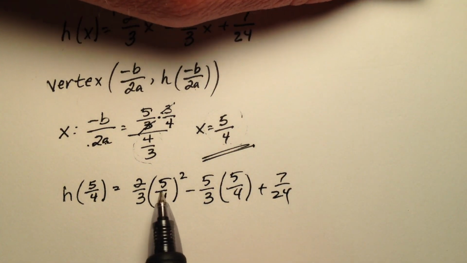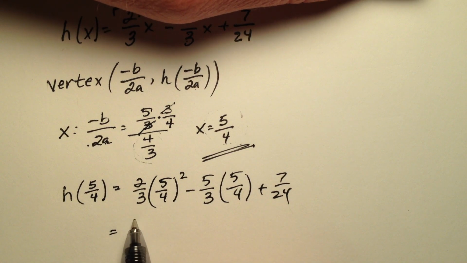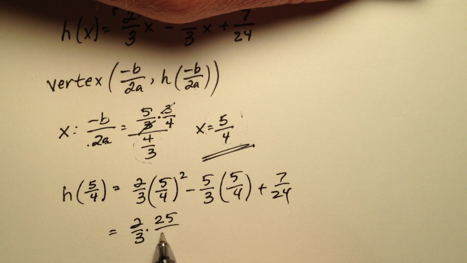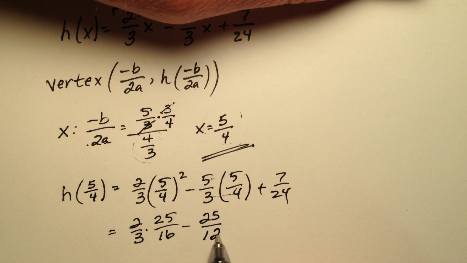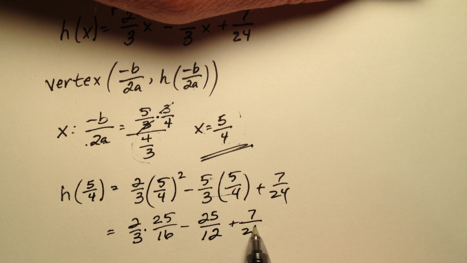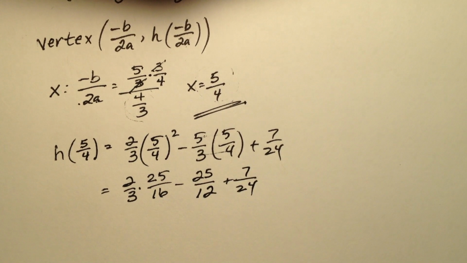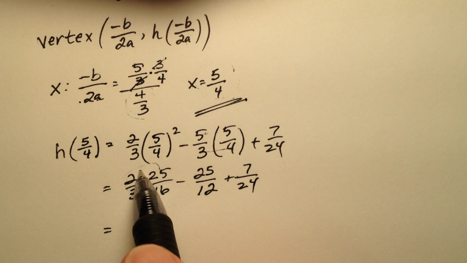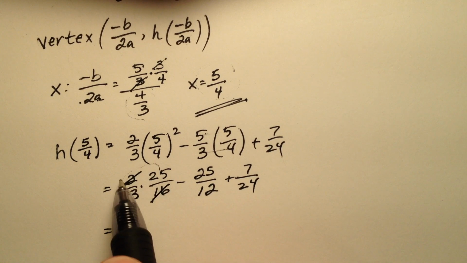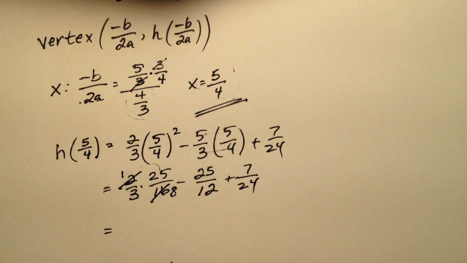Okay, so 5/4 squared is going to be 2/3 times 25 over 16. And let's go ahead and multiply straight across, so minus 25 over 12, and then plus 7 over 24. So here it's a matter of going ahead and doing this multiplication here. So I'm going to cancel this 2 with the 16, and I'm going to get 1 and 8. So I'm going to have 25 over 24